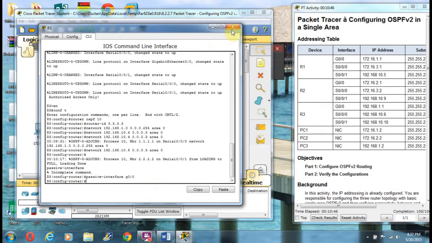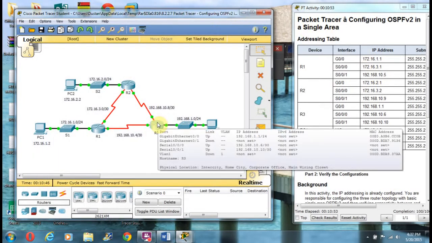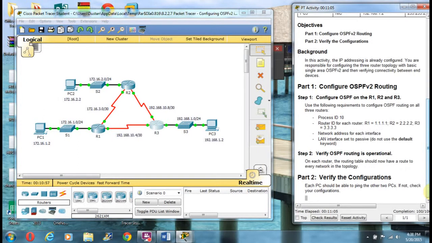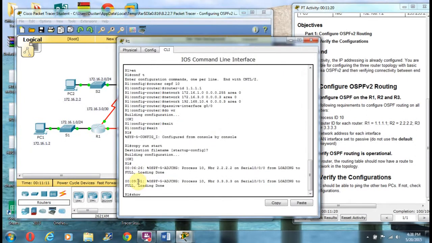So after we've configured all three routers, the next step that we've got to do, and if you guys are still curious of how I got the networks for router 3, there's one here, and one here. Okay, I'll go on these 3 right here. So the next thing that it says to do, verify OSPF routing is operational on each router. The routing table should now have a route to every network in the topology. So the way that we check that out is just go down here and go show IP route,